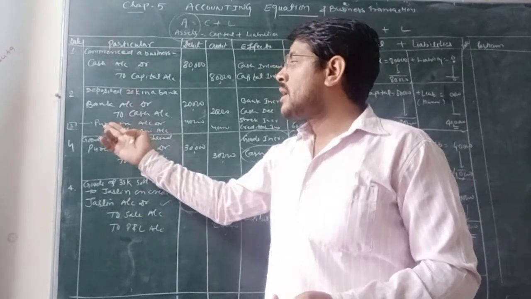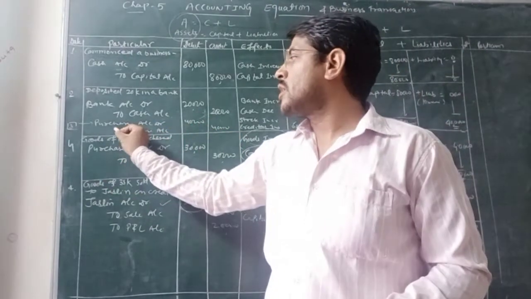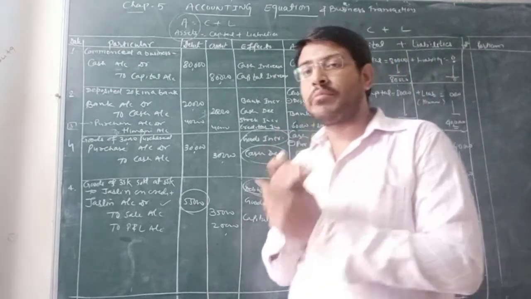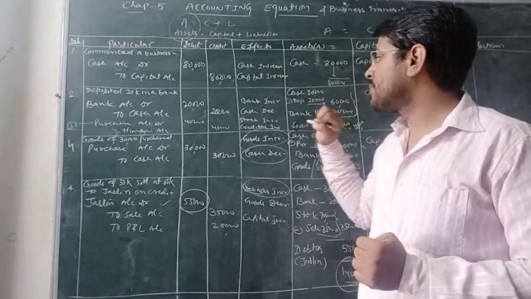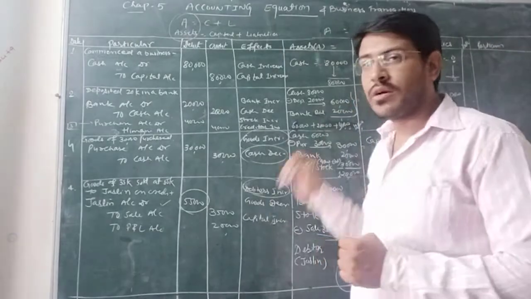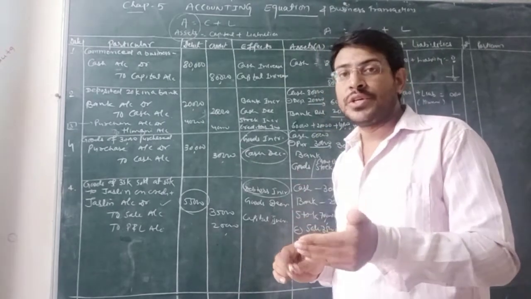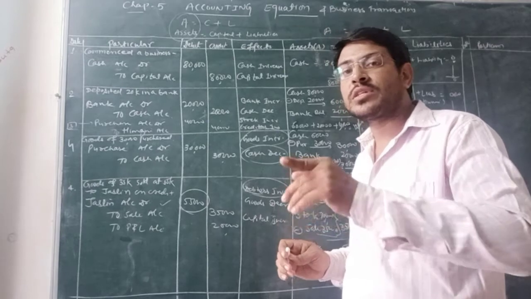Purchase account debited 40,000 from Himani. So Himani account credited 40,000. Now friends, let it be clear. You have a cash balance initially 60,000, bank balance 20,000. Right now you are purchasing the material, goods. Your goods also increased. This is not a cash or bank transaction, it's a credit transaction.